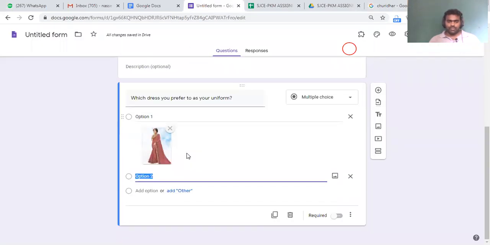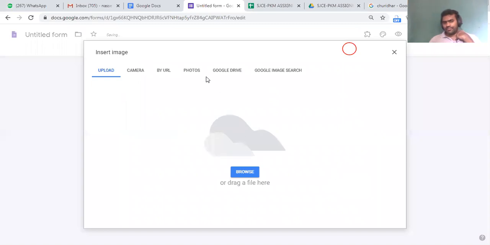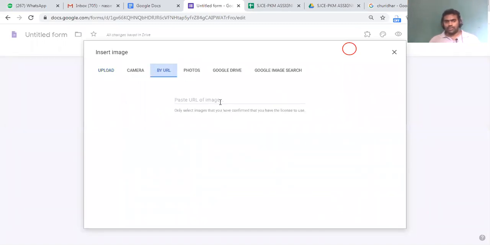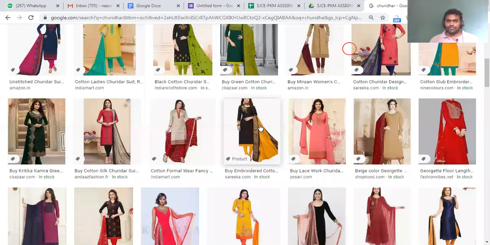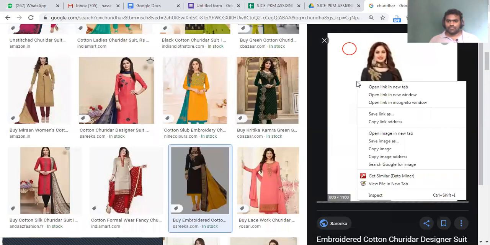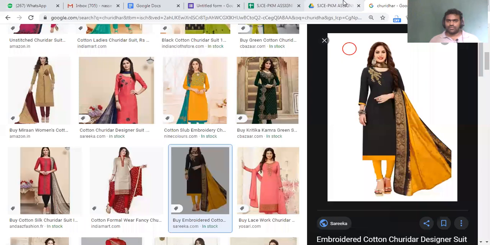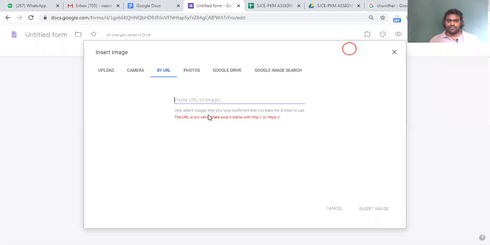I'll paste the, sorry, again I did a mistake. I have to click here on the image. Then by URL I'm adding. Okay, that is not a valid URL. I'll find some other image. Copy image. I'll paste.